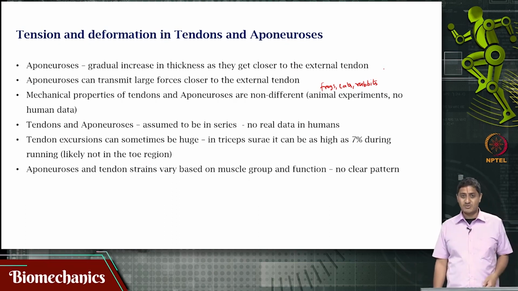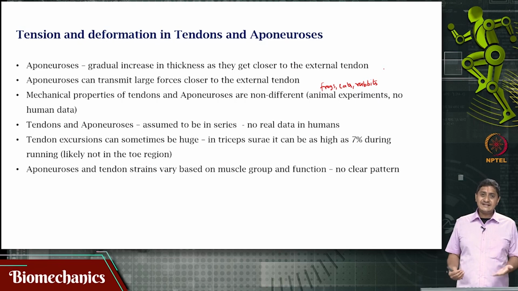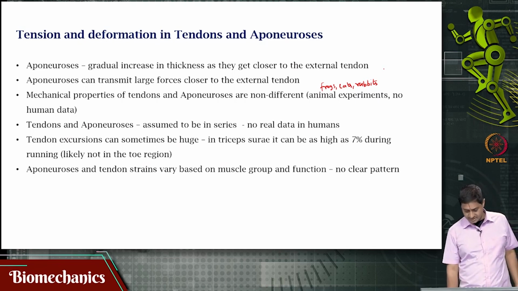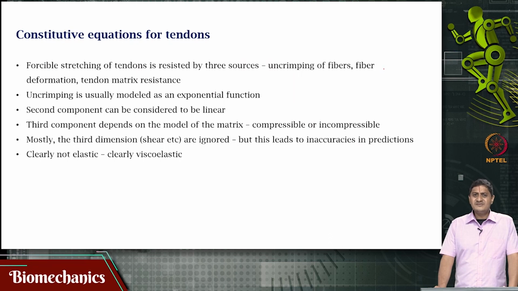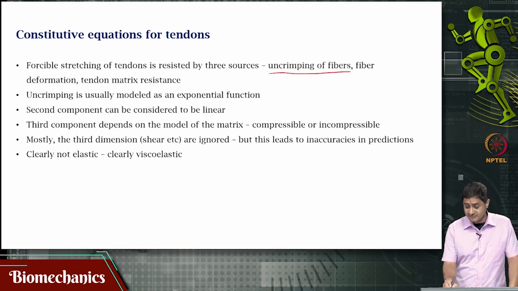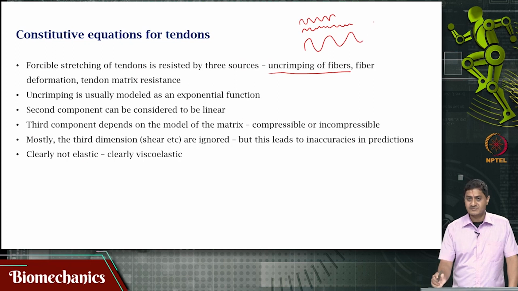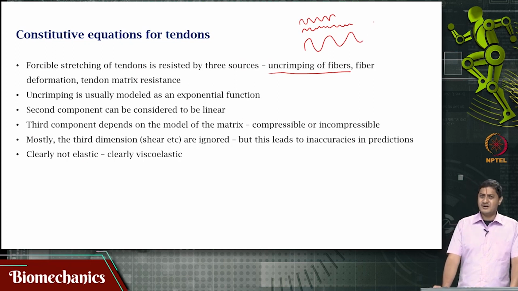So, which muscle group and what function is performed by that muscle group dictates the properties of aponeurosis and tendons. One question is, how is the tendon even resisting the forces? Well, this resistance comes from three different sources. One is uncrimping of collagen fibers. Remember, we mentioned collagen has this characteristic wavy or crimp pattern. Of course, we already mentioned that there are different levels at which crimp can be present. But the point is that as there is